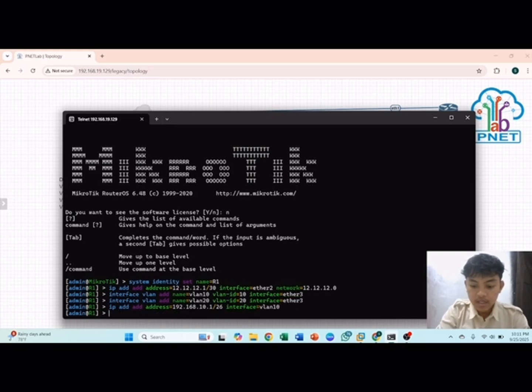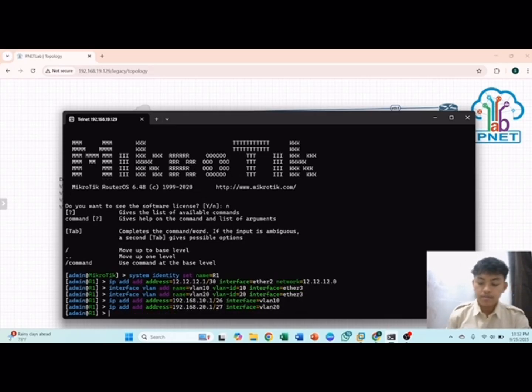Enter. And then the IP address for VLAN 20, with prefix 27 and interface VLAN 20. Nice. You can enter.